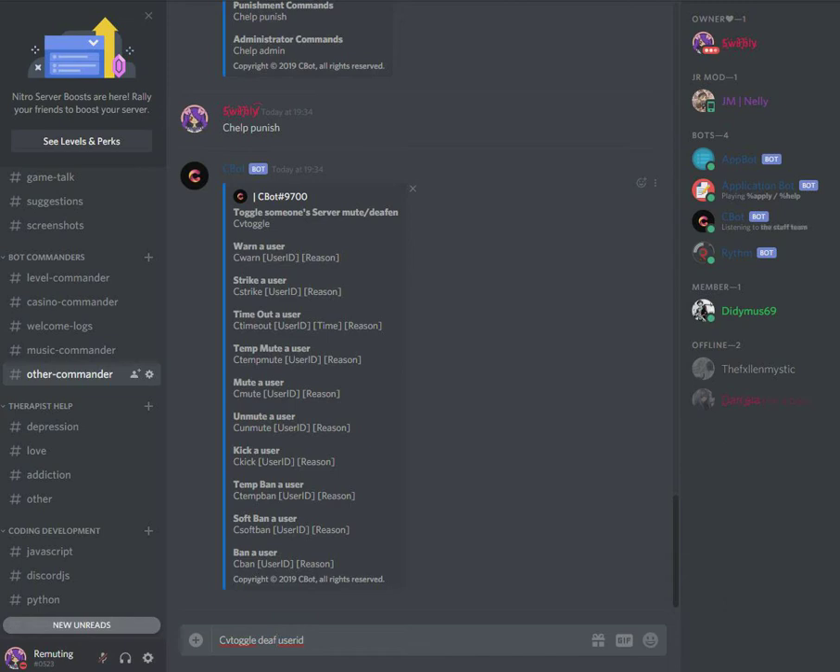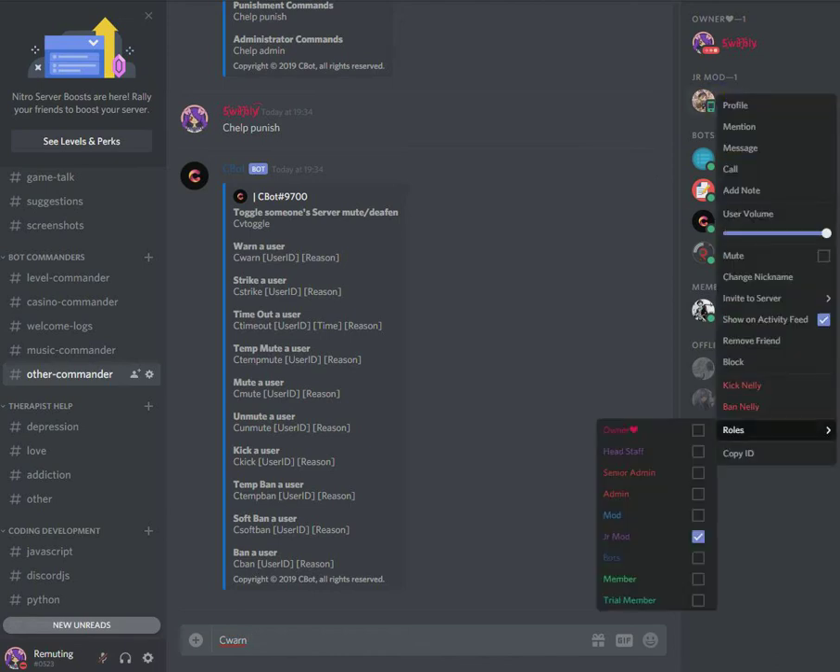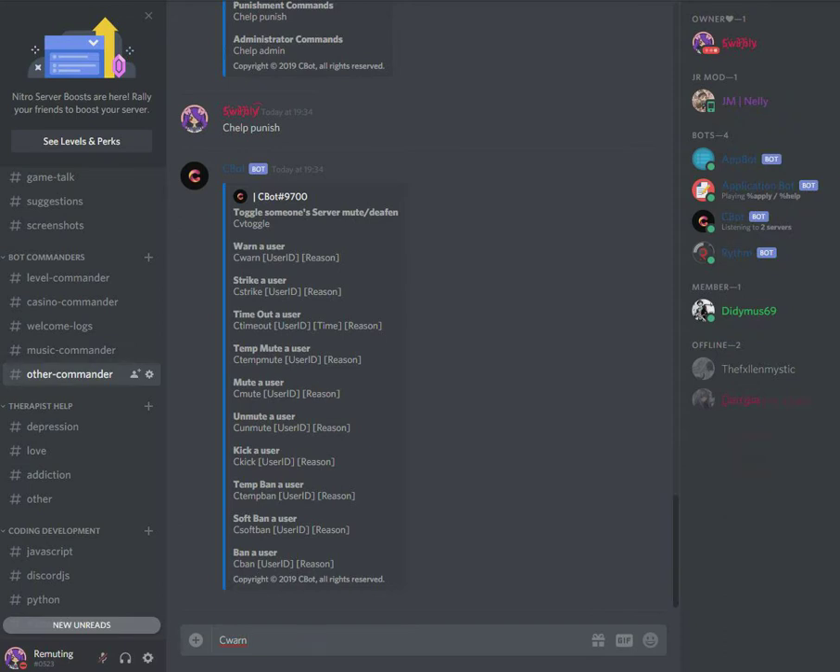As said, you don't need to specify a reason, and if you want to toggle them both, to toggle their server mute and server deafen, then you can type cv toggle all, their user ID and the reason. As said, you don't need to specify the reason. Okay, so cwarn, what does this do? Basically, like the previous commands, you just type cwarn, copy someone's ID and paste it, and you specify the reason. Same goes for cstrike,